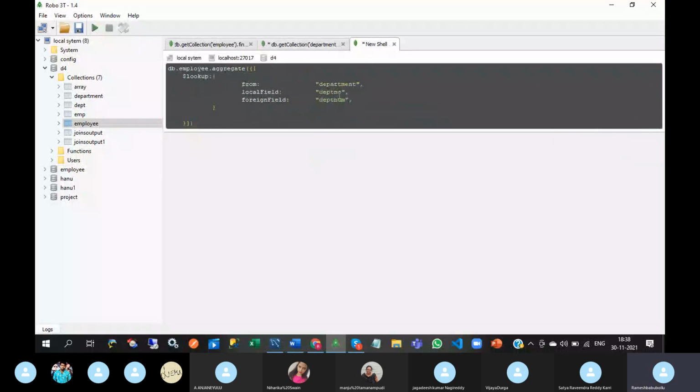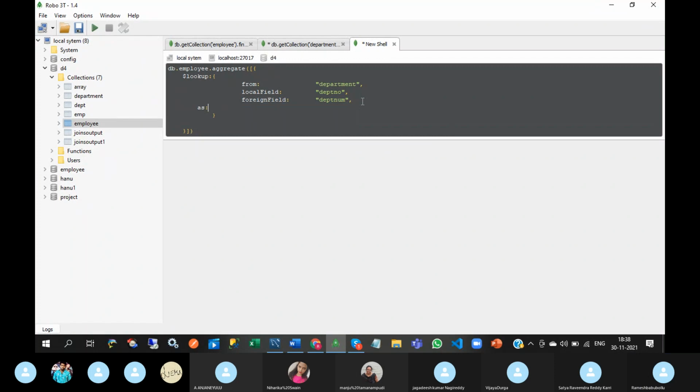So the local field belongs to the employee collection's field name, and the foreign field belongs to whatever collection name is mentioned in the from property. So that field name we have to give here. After that, you will get some data, and that data I am assigning to document.